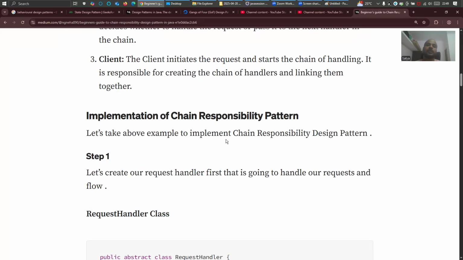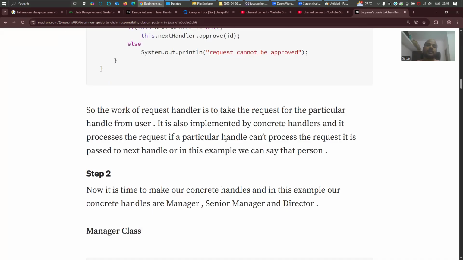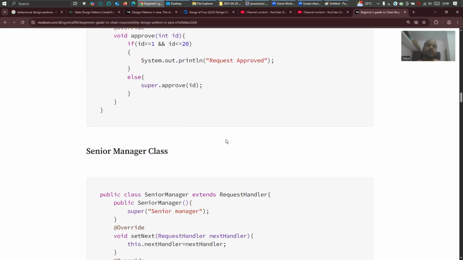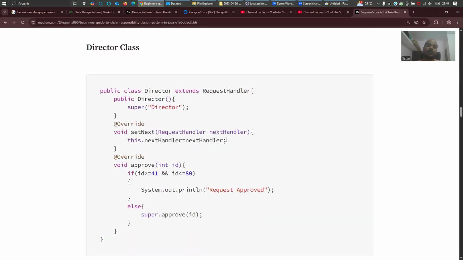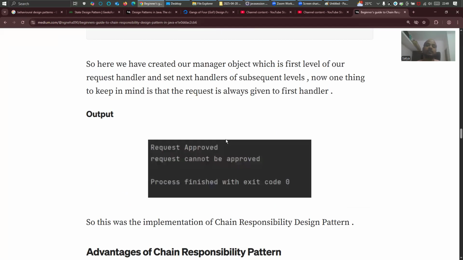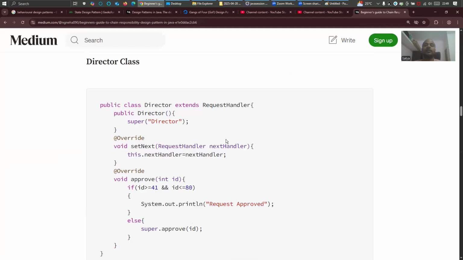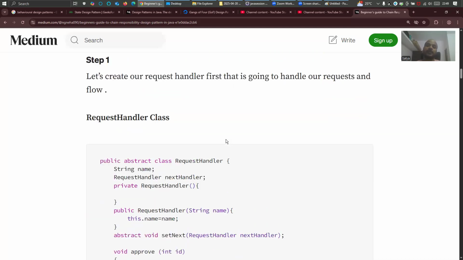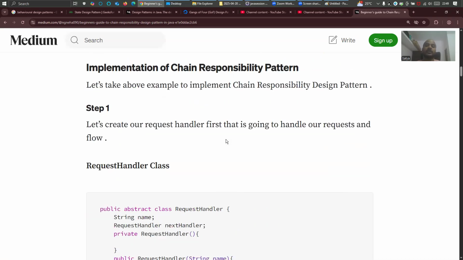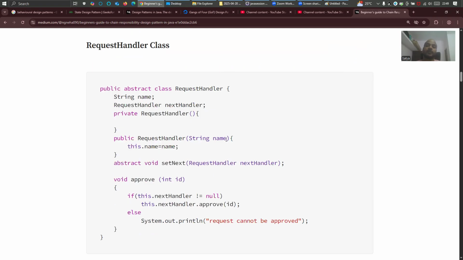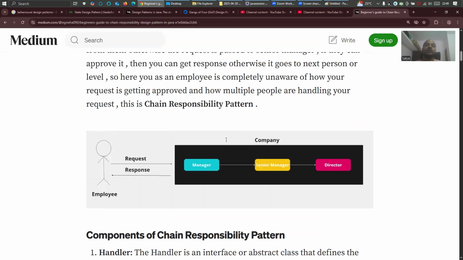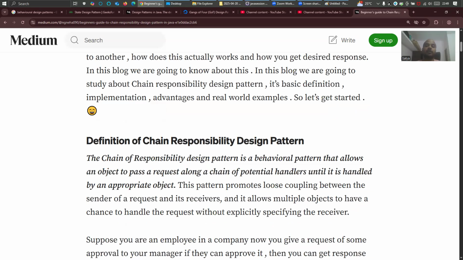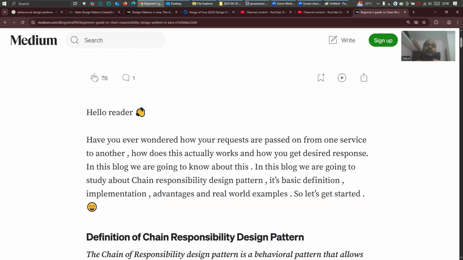So see, this Medium article, whatever it has done, a similar example I'm explaining. I have done the coding of a similar example, the same implementation, exactly similar, I can say 100% the same implementation, in my Eclipse. I'll explain that. See what exactly the chain of